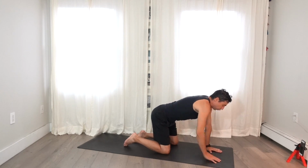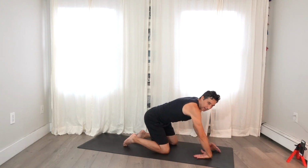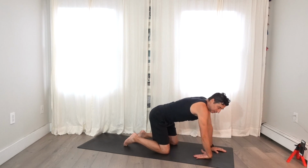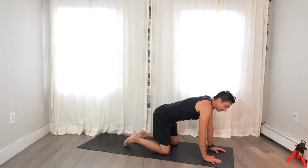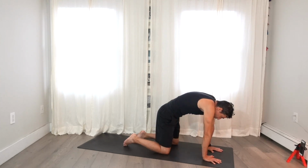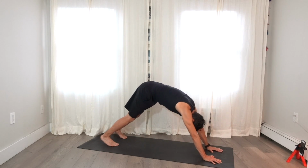Then bring the left hand forward and then bring the back of the right hand on the floor. You can move it around. The more I move my body away from my hand, right, hips back or to the side, is really when you're going to feel the stretch in the hand. So again, round through the shoulders, tuck the toes, lift up into plank, go up into a down dog,